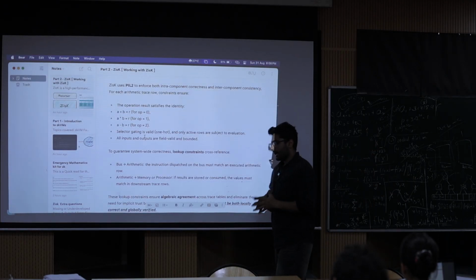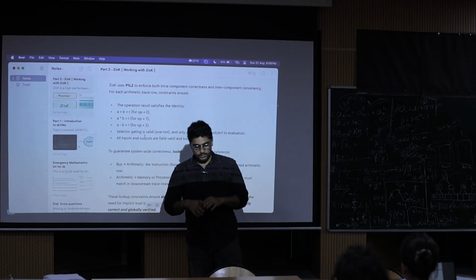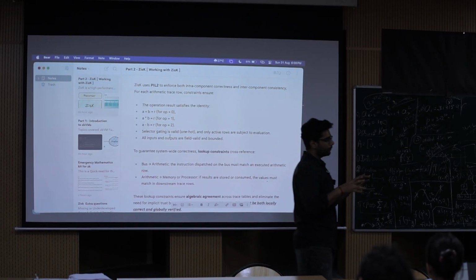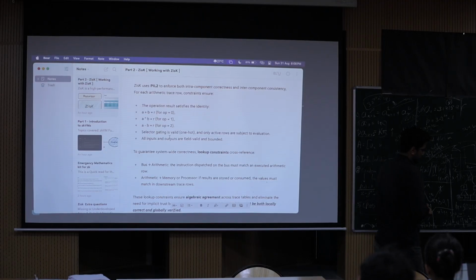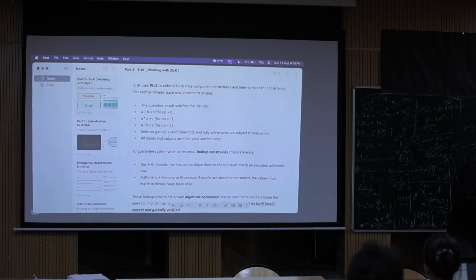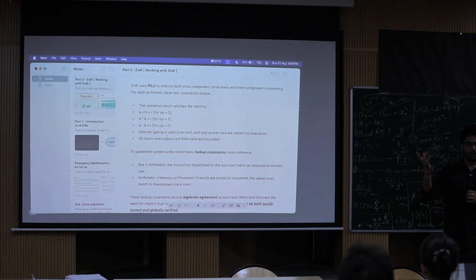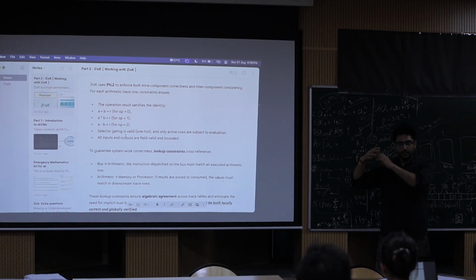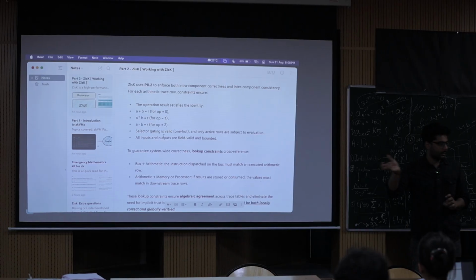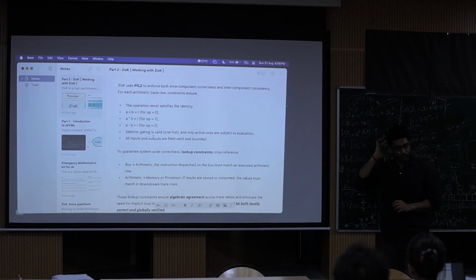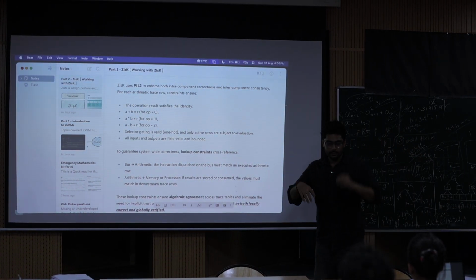And that language is compiled into an interpretation that is somewhat, you guys might have heard about AIR constraints. R1CS is relatively similar to an arithmetized constraint. Right. So in order to have a proof generation,